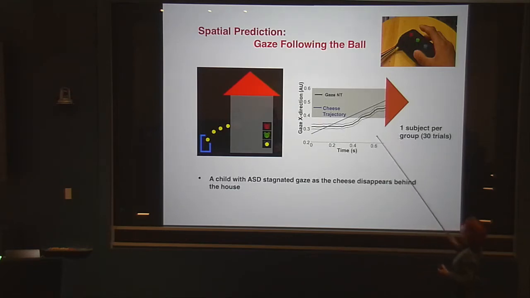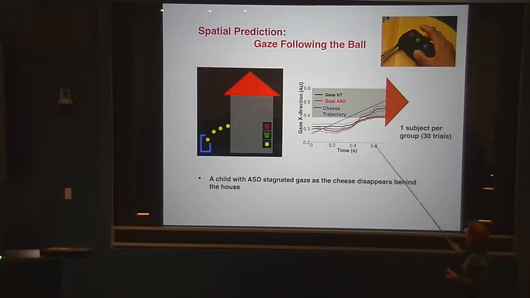And the gaze of a neurotypical child is following, after a while, the ball, even when it is occluded by the house. This is basically the house flipped over because we look at the x direction.